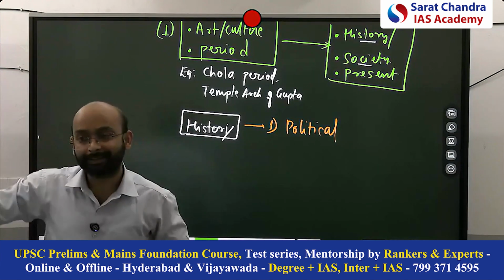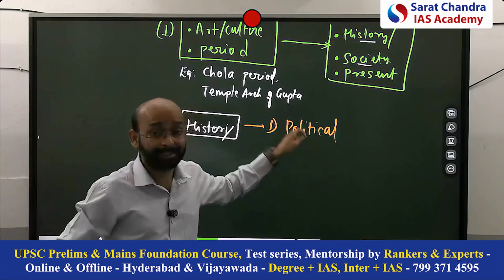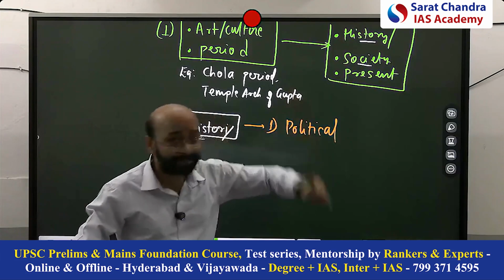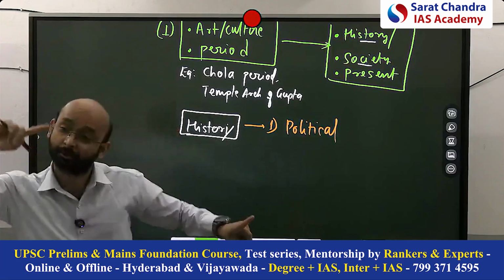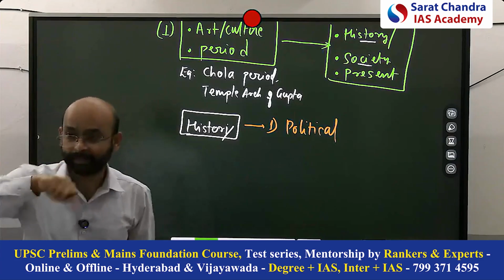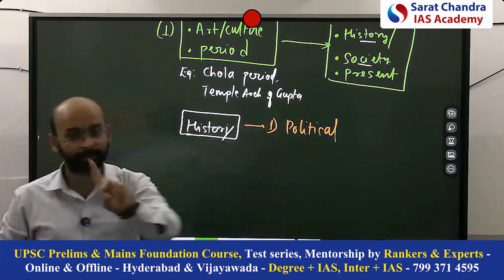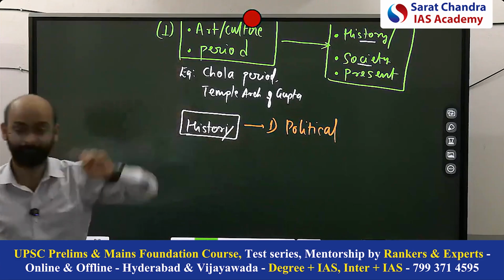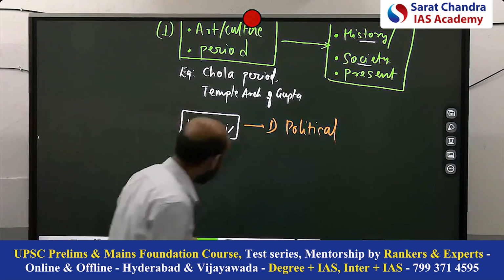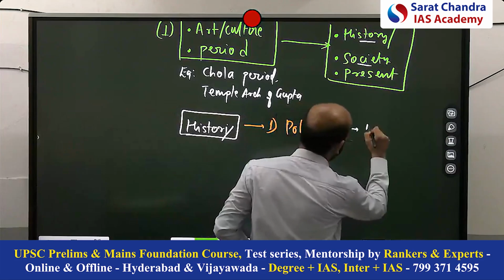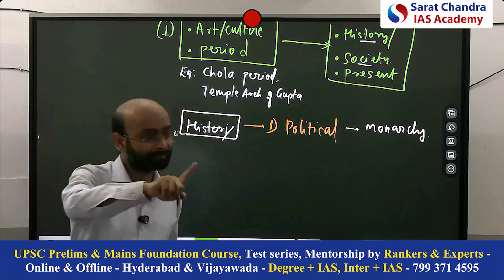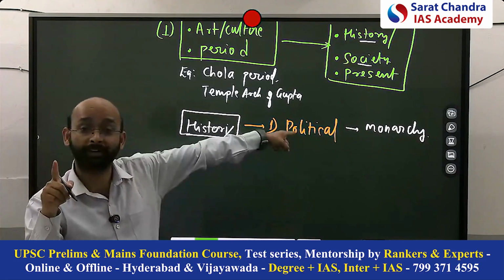Suppose the political history shows that it was an Islamic ruler during the Sultanate. According to that political system, the art and culture, society, education, and economy will be determined. So this is the prioritization of the point. You are going to write the political aspect as the first point. If they are asking about history, here you can give the political: was it monarchy? Within that also we will create dimensions. In some parts of history, which kind of political system do we find? Any other type of political system do we find in history?